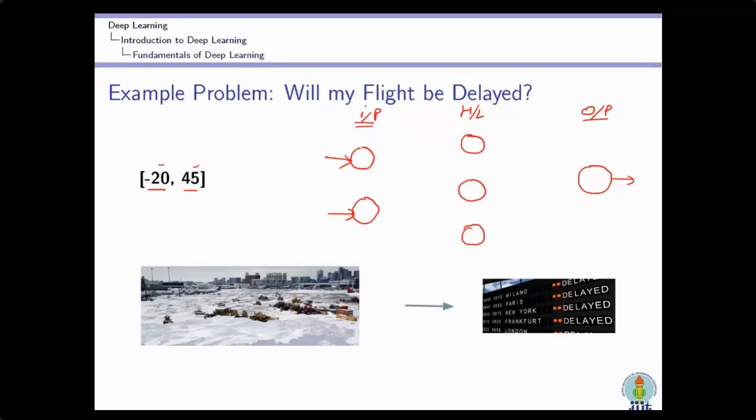So we have seen how we can decide the number of neurons in the input layer and in the output layer, and that hidden layer neurons can be any number, as it is a hyperparameter. Now we have to connect these. I will connect the input layer neurons to the hidden layer neurons like this. It is not compulsory that every input is connected to every hidden neuron, but here we are using a dense layer. Dense layer means every neuron in the previous layer is connected to every neuron in the next layer. So this is a dense configuration. Next, the hidden layer neurons will be connected to the output layer neuron.